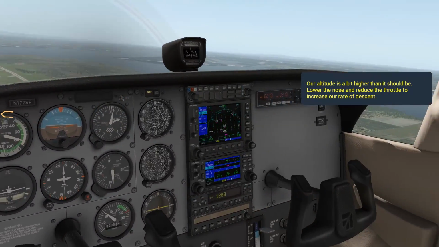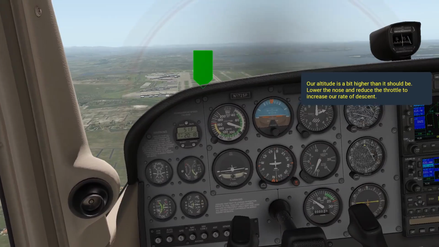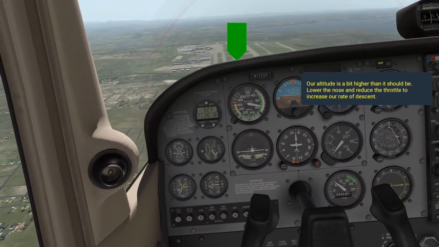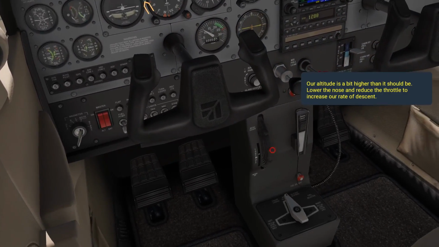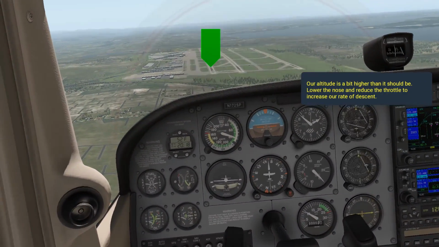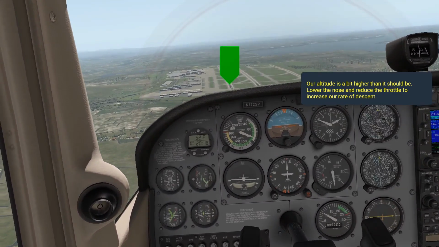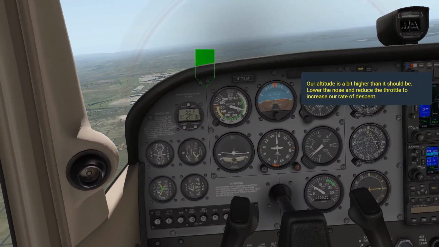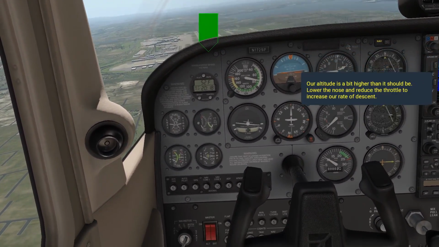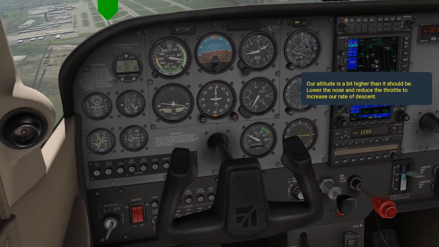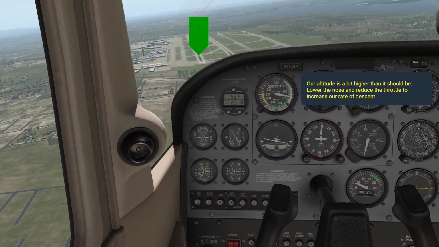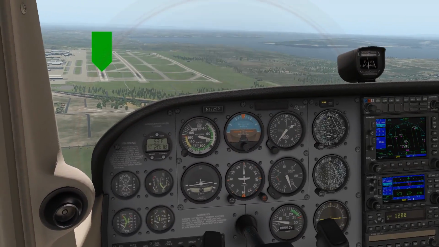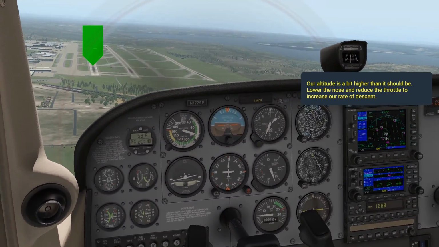Goodness me. This TrackIR thing is fantastic, but it takes a bit of getting used to. That's too much. Way too much. That's probably not enough. This is very sensitive. Cut the throttle, let the nose drop, get ourselves back online. Now, what I did do, guys, was